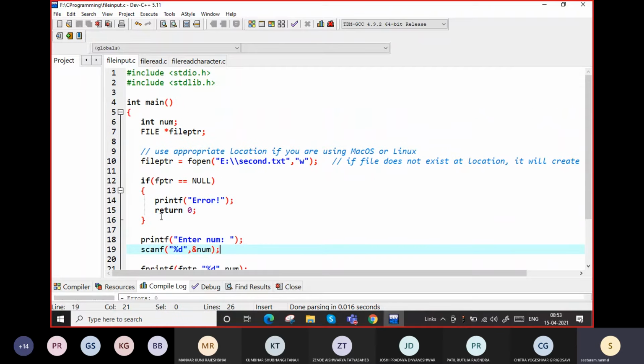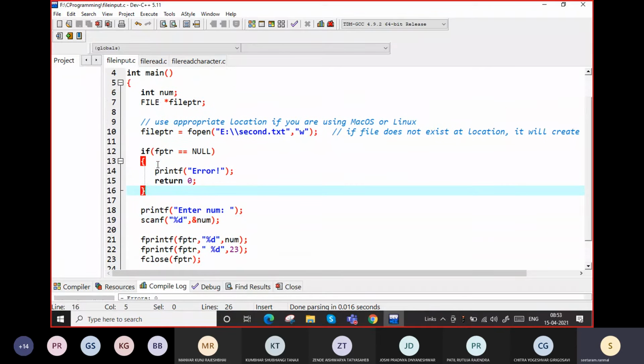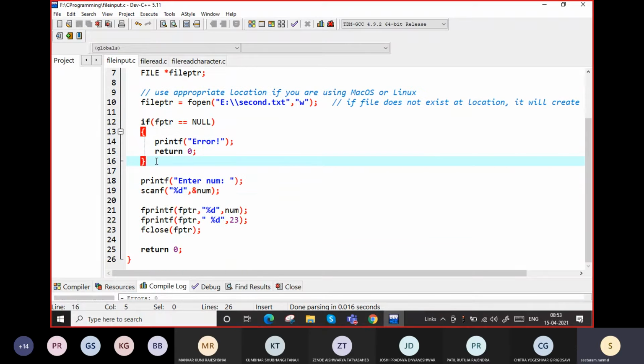Now we will add something in the file. There are different ways. Do you want to write a number, or a character, or add a pointer? For example, suppose I want to write a number inside that. For the number, I will ask the user to enter some number, and in a convenient way I will write a scanf function. Everybody knows what this scanf function does. It will take input from the user.